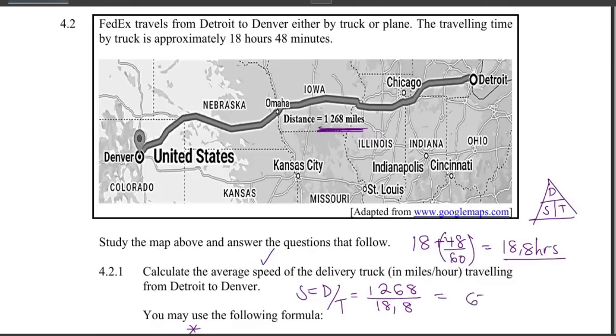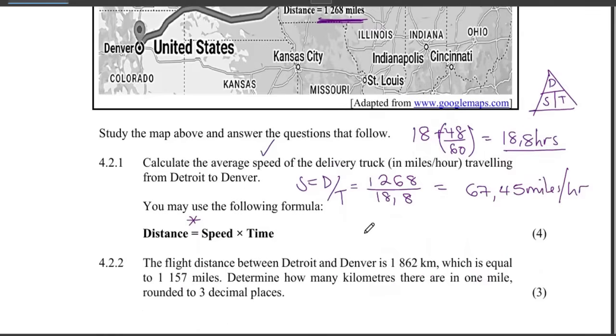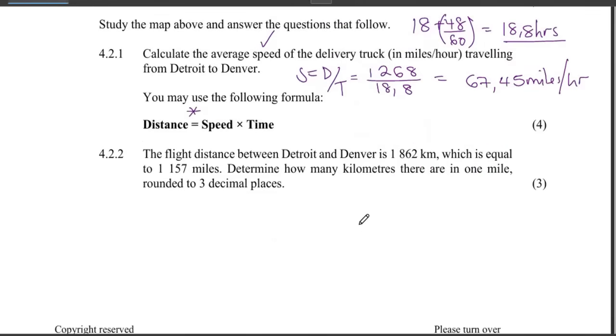And the answer became 67.45 miles per hour. Leave it like that. 4 marks. Okay. The flight distance between Detroit and Denver is